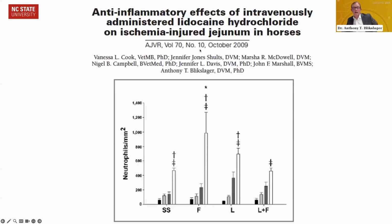As far as the lidocaine, we did do one study where we showed that it had some anti-inflammatory effect. So this is a little bit of a confusing graph, but this is the number of neutrophils in the wall of the intestine. If you just look at the white bars, these are horses that have had the 2 hours of ischemia and 18 hours of recovery that I showed you before, and they've been treated either with just saline